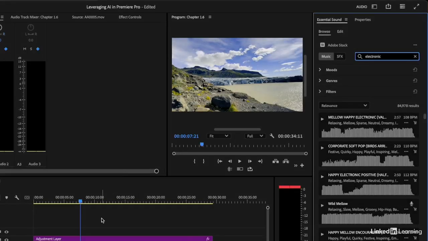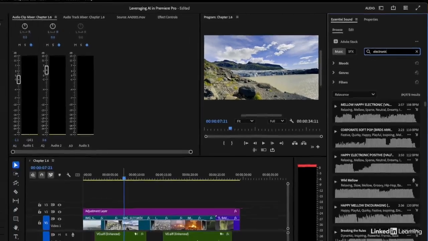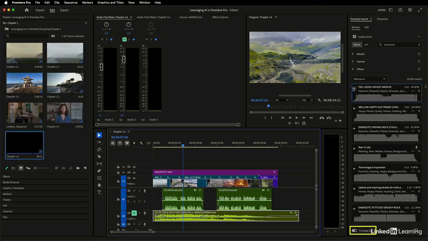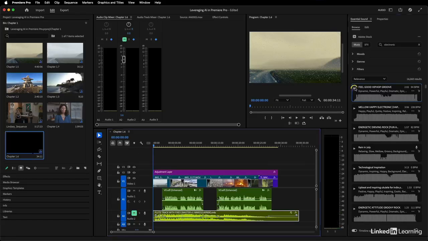And so that we can preview this back without the existing music source here in the timeline, I'm going to mute that. And when I press play on one of these tracks, and since timeline sync is enabled, it will play from exactly where my playhead is located. So if I decide to move the playhead to the beginning of the timeline,